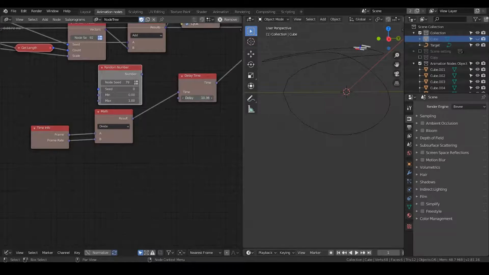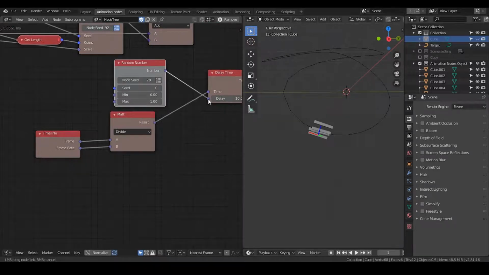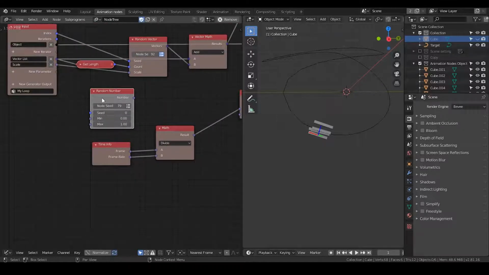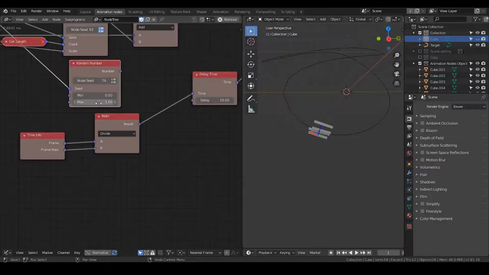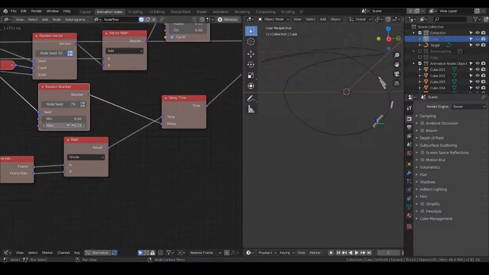So by using these delays, they will delay, but now they have delayed with the same amount of time, which is basically very dumb. Then what I want to do is put a difference, C, and make it like maximum 10. So now they have a delay. If I keep this random number at 0, then they will start at the same point. But if I change this max random value, then they will have an offset to each of the instances,